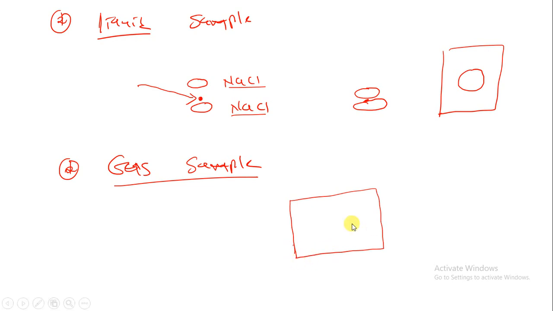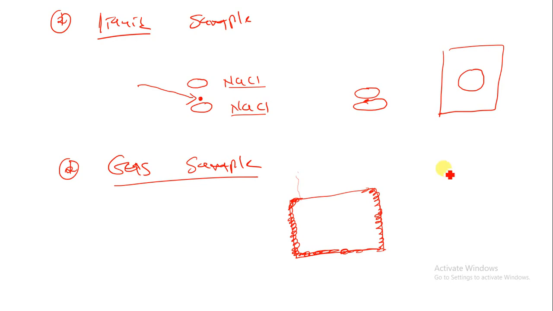Suppose you are imagining a square glass sample compartment. On this square glass compartment we have to put a layer. We have to put a layer of alkali halide, or we can say a coating of NaCl or KBr or whatever alkali halide you have. We put a layer of alkali halide onto the glass surface.